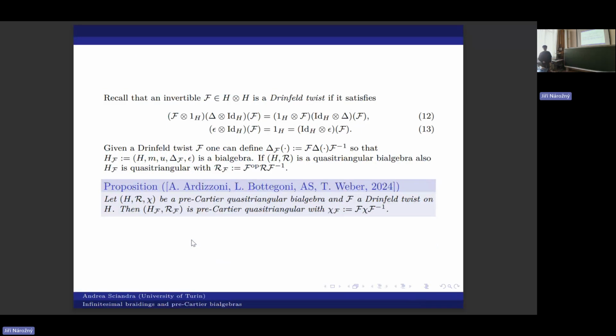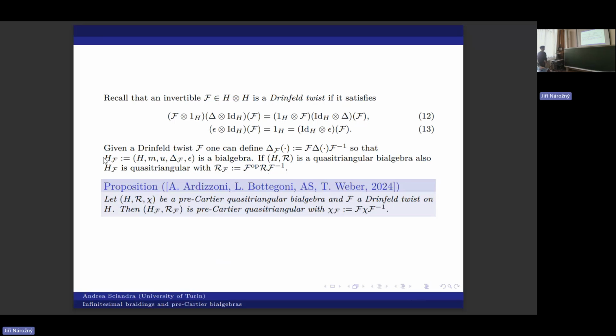Moreover, we can also use a Drinfeld twist to obtain new pre-Cartier structures. It is known that an invertible element in H tensor H is called a Drinfeld twist if these two conditions are satisfied. The first one is the two-cocycle condition. The second one is the normalization property. And when you have a Drinfeld twist, you can deform the coproduct in this way here, obtaining a new bialgebra,